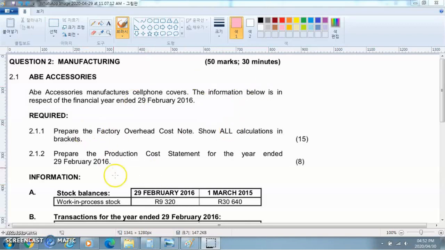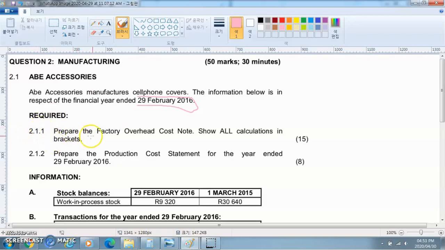Okay, so this is a manufacturing question. Here we are going to be dealing with Abe Accessories. Let's go through the reading together. Abe Accessories manufactures cell phone covers. The information below is in respect of the financial year ended on the 29th of February 2016. So the required information here, they're saying